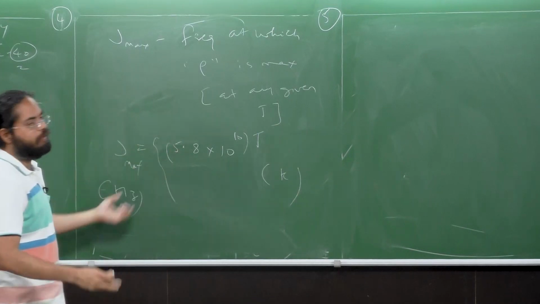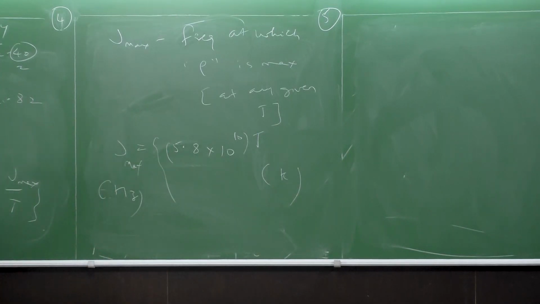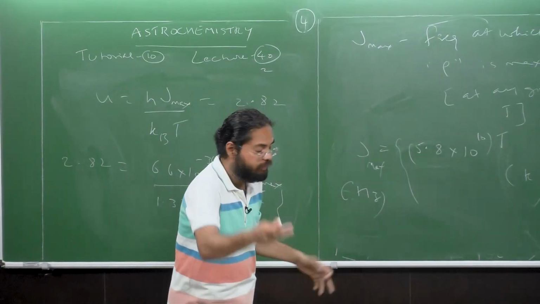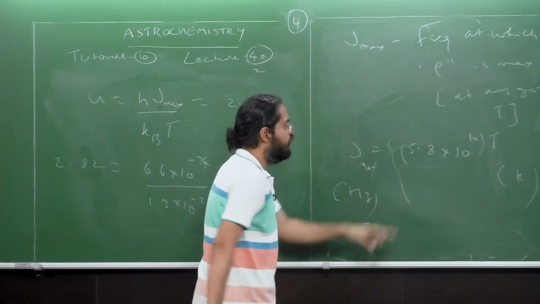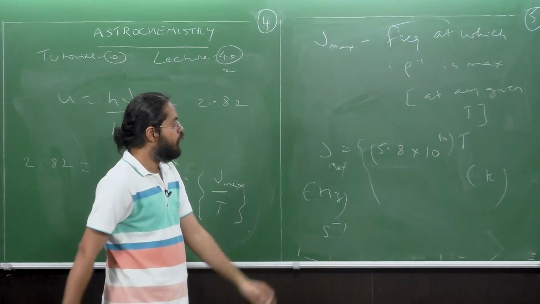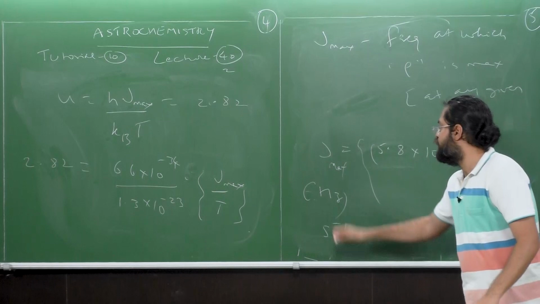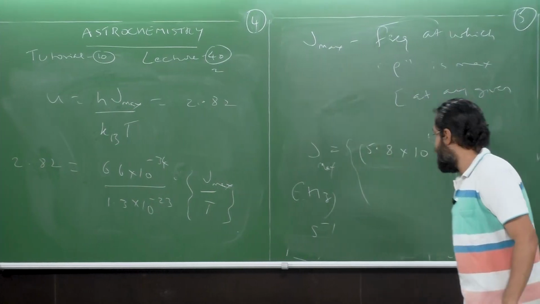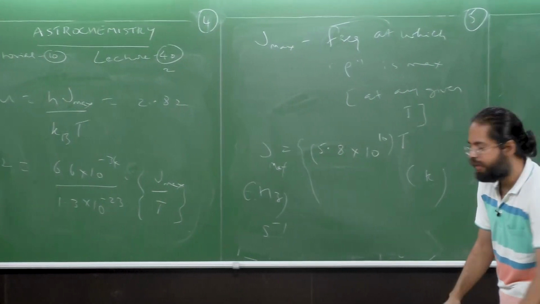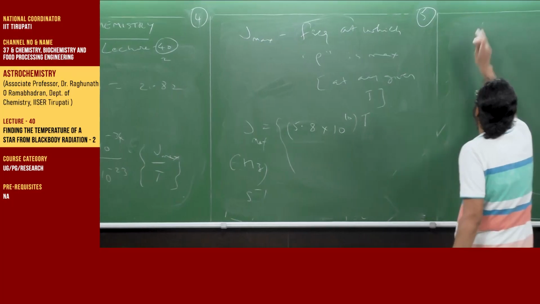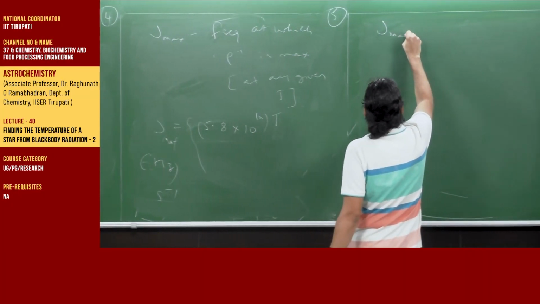So therefore, this has to be in terms of hertz per Kelvin, which is also the unit of h by kB, right? And what is hertz? Hertz is nothing but per second, right? So from that you get this. So what have we obtained? We obtained the relationship between nu max and the temperature. Now that we've obtained this relationship, the nu max